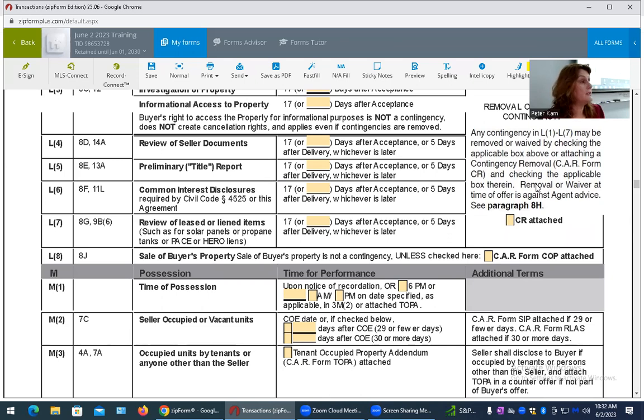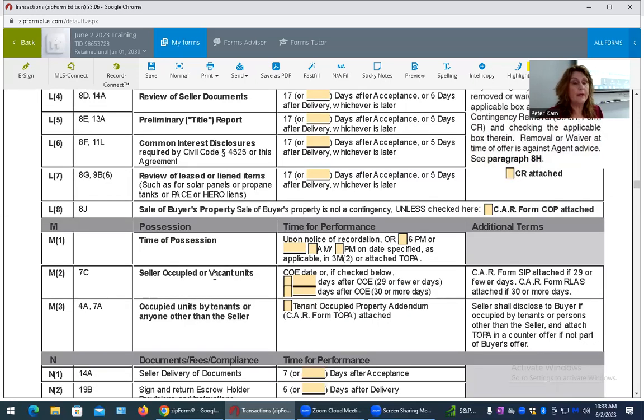The only contingency removals you can automatically do here with a check mark is loan and appraisal for cash. If you do further, you're acting against our advice, and it tells you that right here. Okay. But in these really competitive times that we've seen in past markets, for those of us that have been around for a while, we've seen people come in with no contingencies,